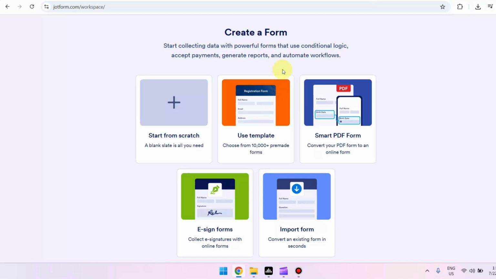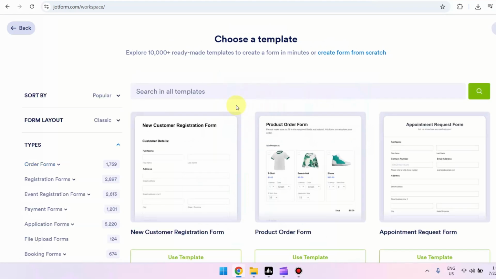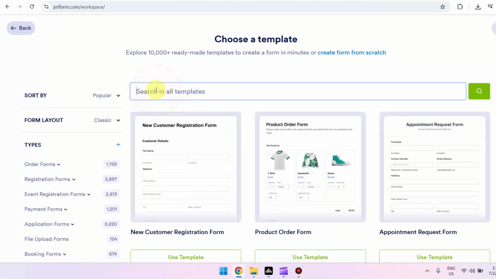So from here, you have an option to create a quiz by using a template or a smart PDF form that will be converted to an online form and e-sign forms or simply import form. You also have an option here to start from scratch for you to be able to customize and create everything on your own. So we can try using a pre-made template just by clicking on it, and we can start